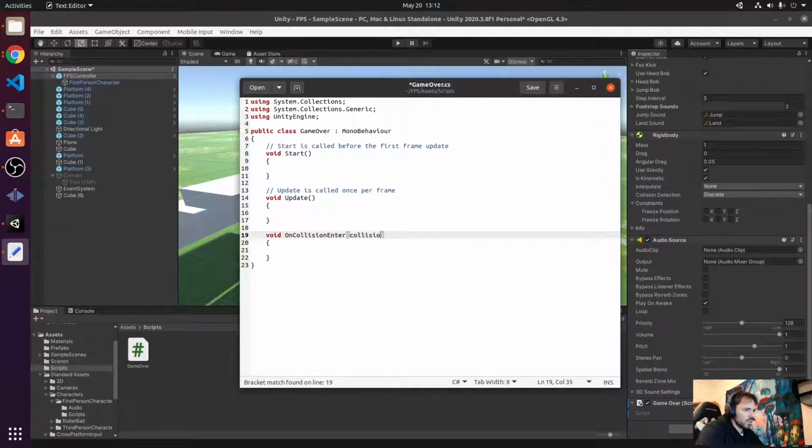variable, capital C. And we can name this collision. So space and collision. That's it. What we need to do is, the collision is an event, and the collision variable has the properties of what happens when a collision happens. So what we want to check is if the other object that we collided